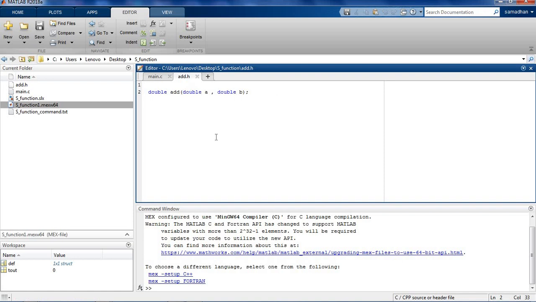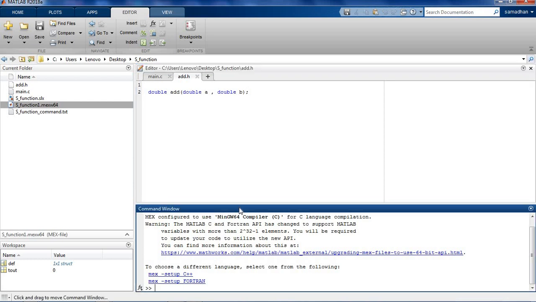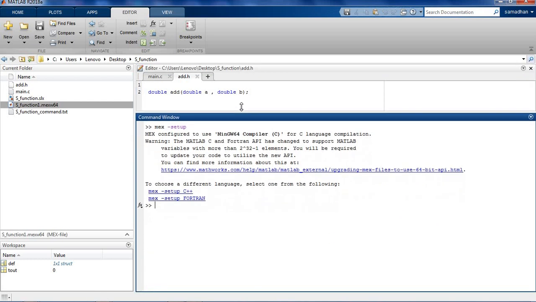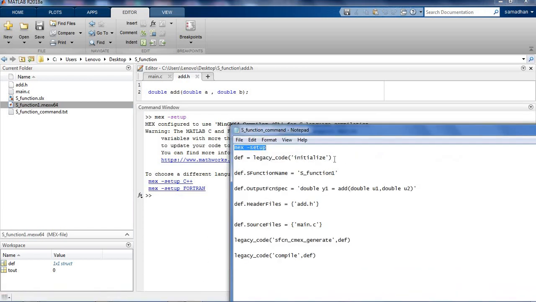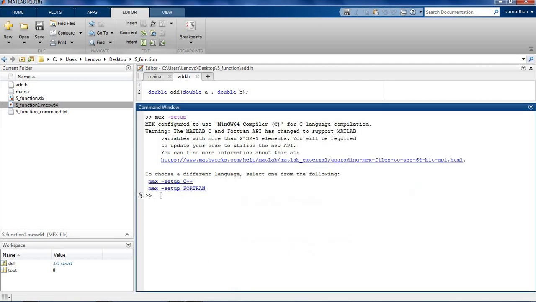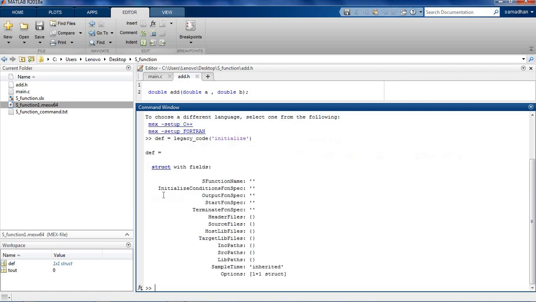To generate S function, some commands are required, so we'll go one by one. The first command is def = legacy_code('initialize'). By executing this command, it will initialize the structure of the function. So first we will execute this command and it will initialize the structure. See, the structure is initialized.